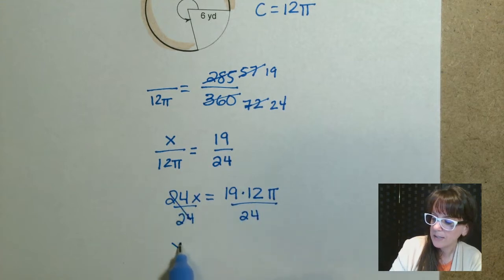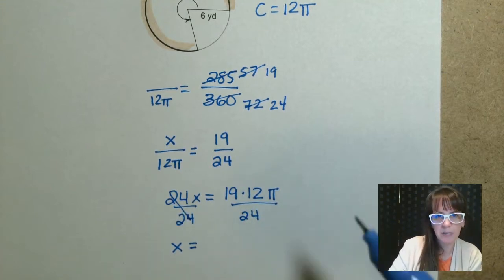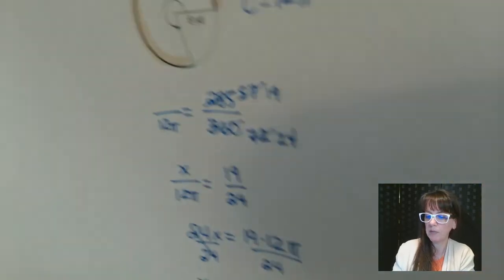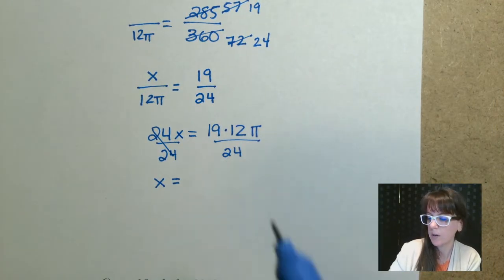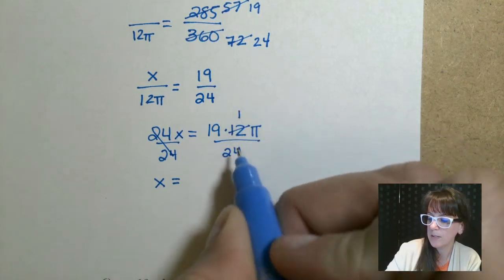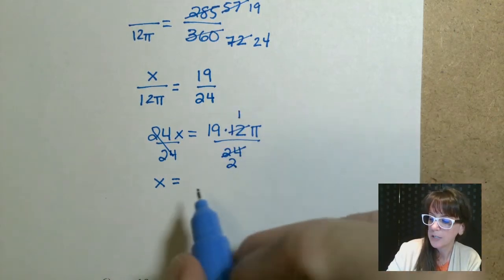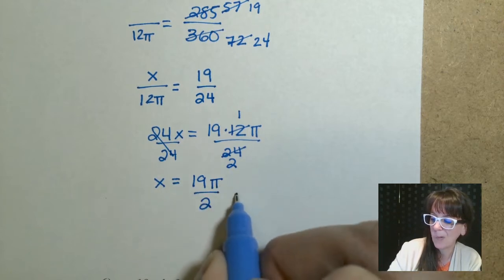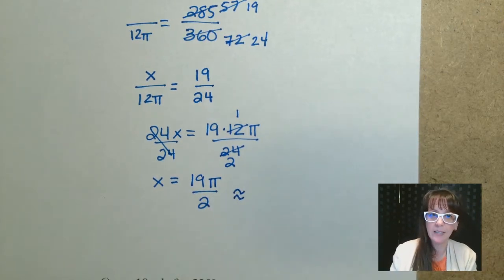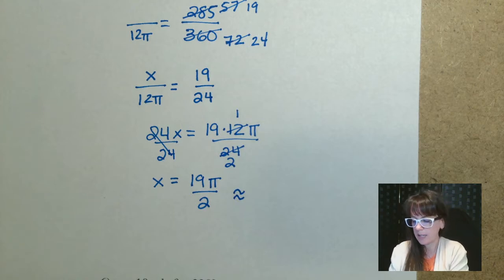And we get x equals, now I could have multiplied 19 times 12 before, but I left it like this because if we just do 12 and 24, divide this by 12, we get 1, divide this by 12, we get 2. So we end up with 19 pi divided by 2,